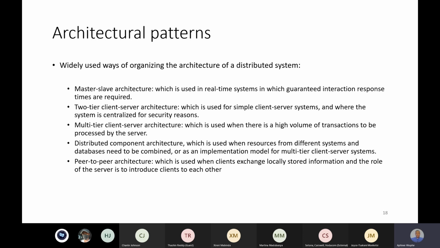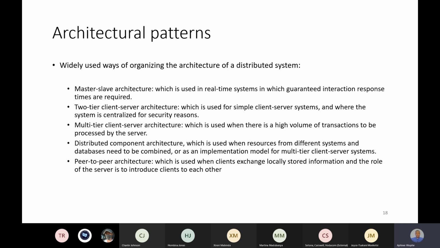And then also two-tier, which we just spoke about. It's a simple client-server system, where the system is centralized for security reasons. In the two-tier, we said we have the top-down approach, where the server holds the highest ground. And then the multi-tier and the N-tier, which is used when there's a high volume of transactions by the server, and you need additional workstations that have the capabilities to do localized processing. Okay, so this multi-tier